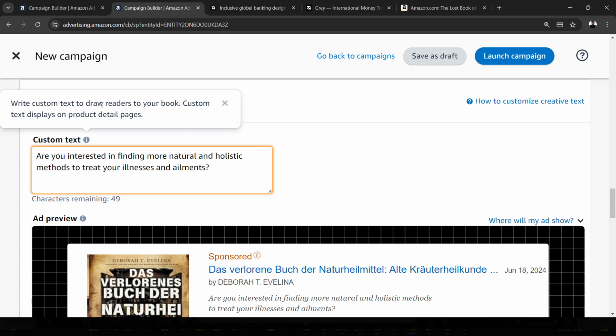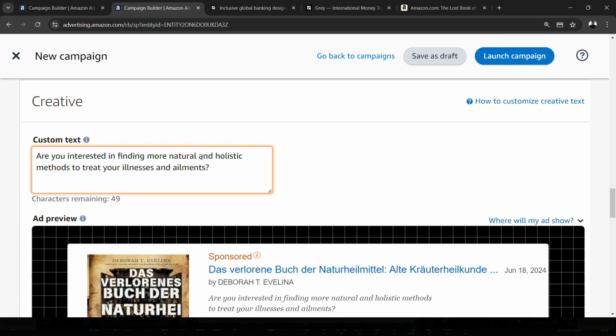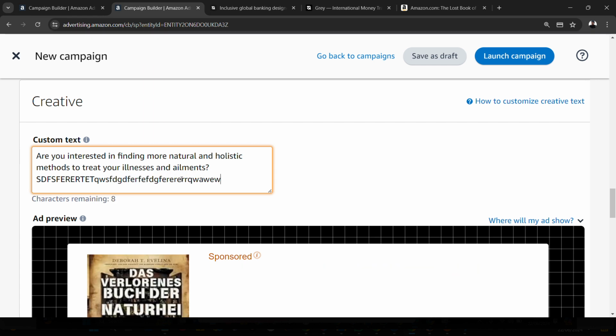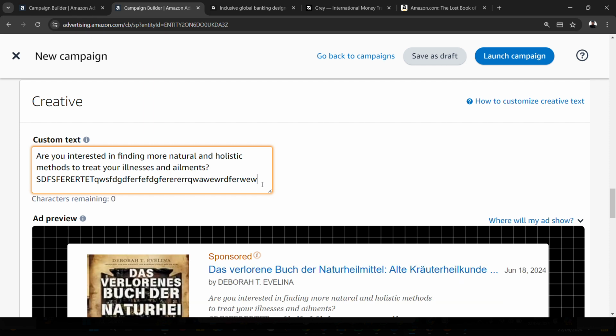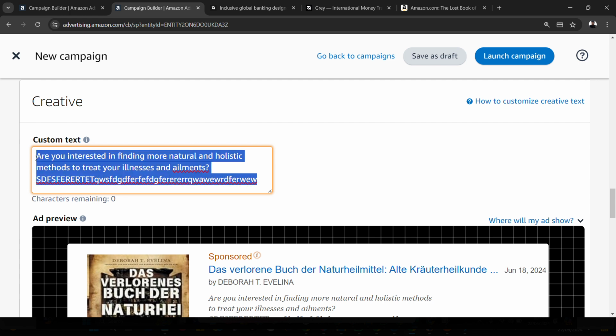What is a custom text? Write a custom text to draw readers to your book. So this is more like a smart copy. You understand? Something captivating. You add it up here. Characters remaining 49. So let me keep typing and see when I get to the end to see how many. Okay, so you see, you can add a very captivating concept up to this level, to your